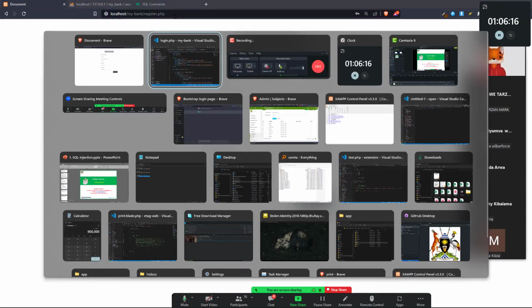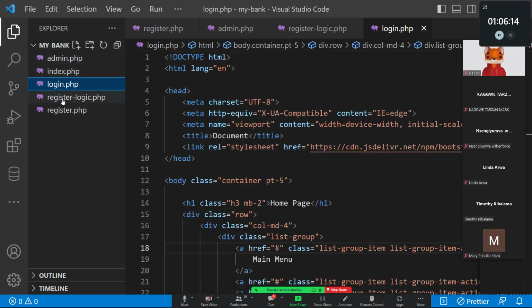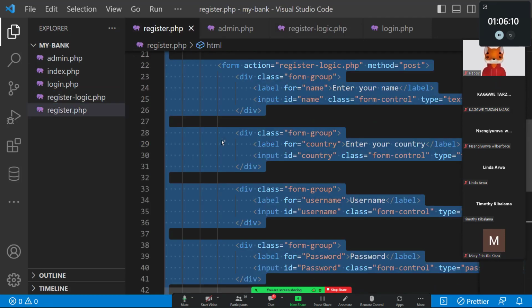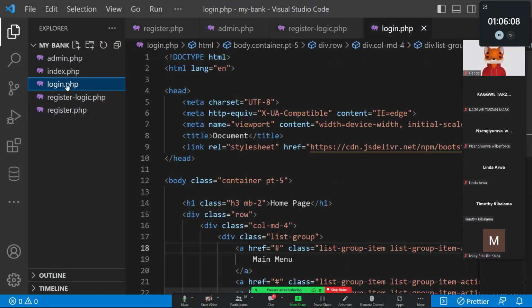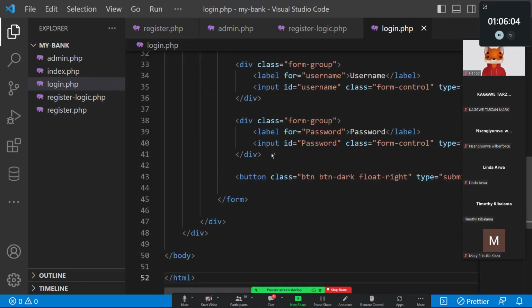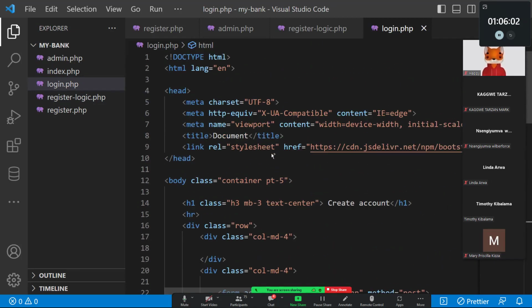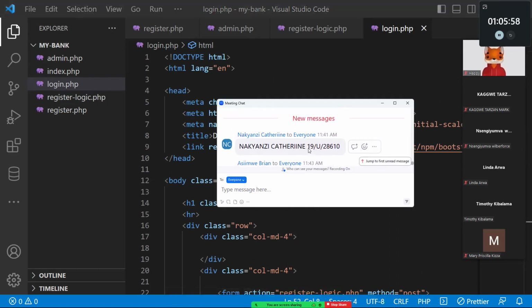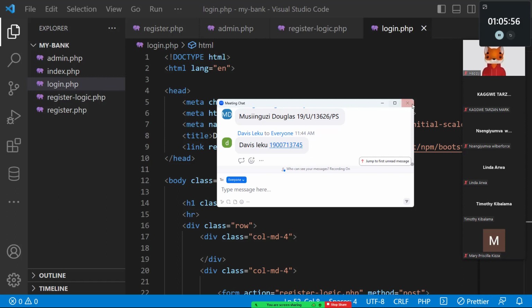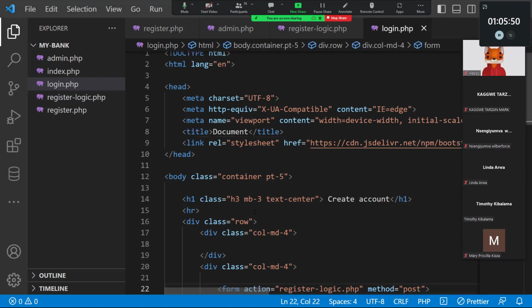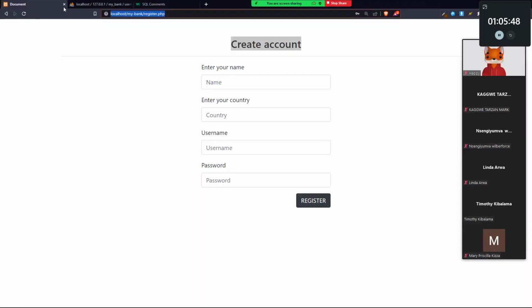So it is in register.php. So come here, register.php, and then I press Ctrl A to select all, and then come here to login.php, Ctrl A, Ctrl V. So I paste there. So everything that was in the registration form is now in the login form. So let's go ahead and refresh our login page. So if we come to our login page,